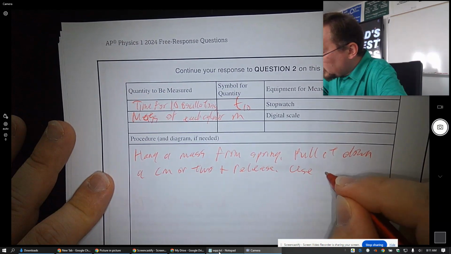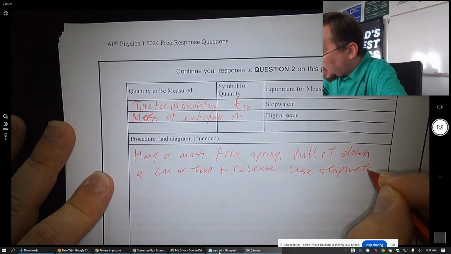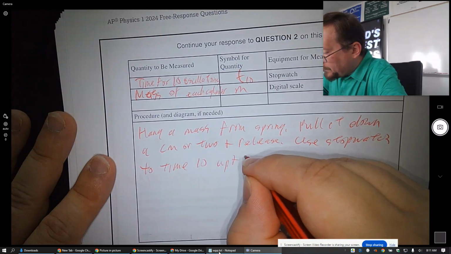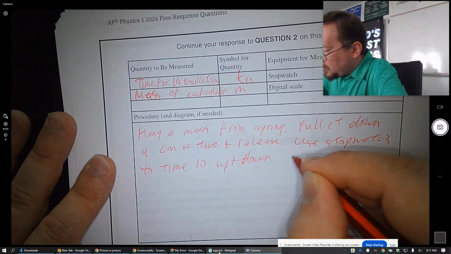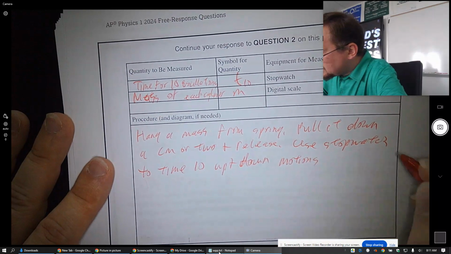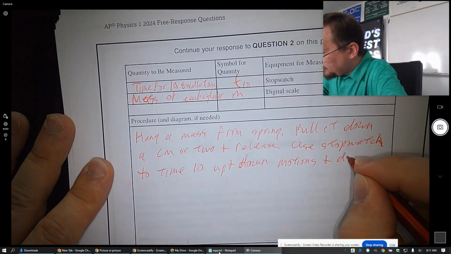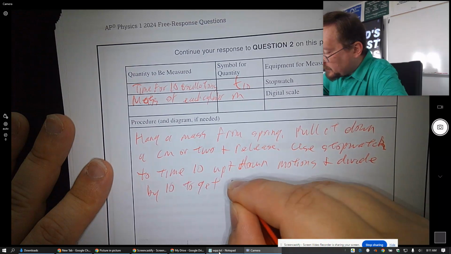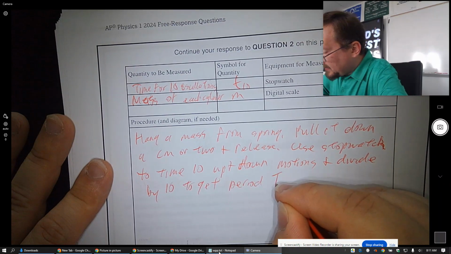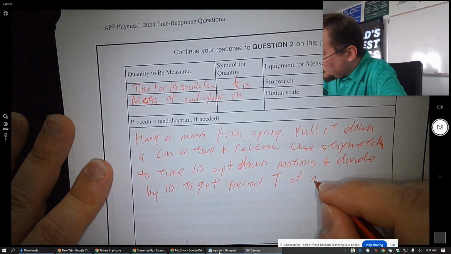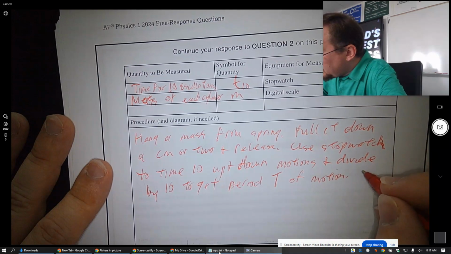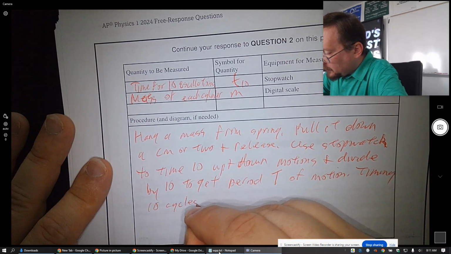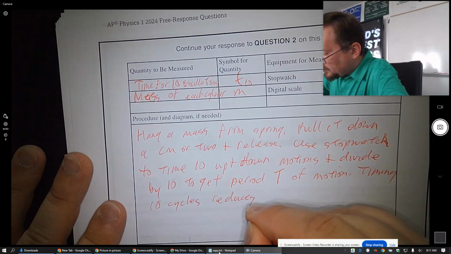Okay, use the stopwatch to time 10 up and down motions and divide by 10 to get the period T of the motion, right? Timing 10 cycles reduces